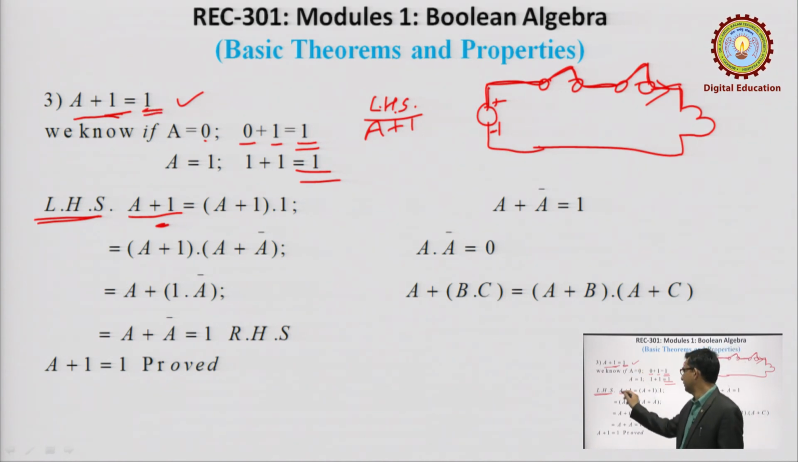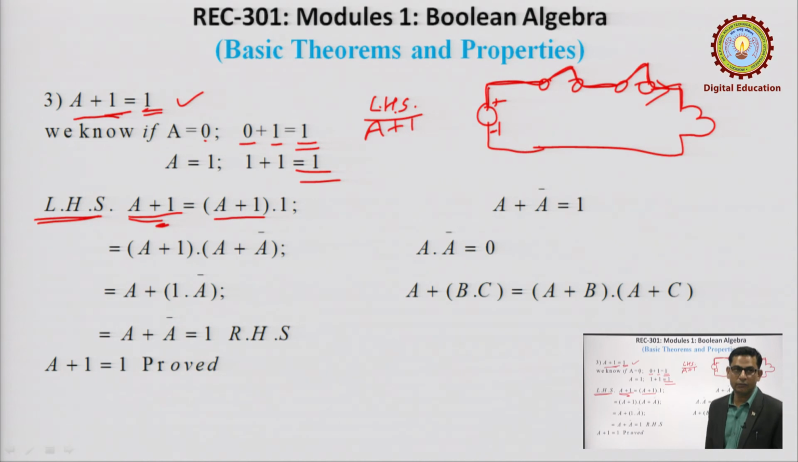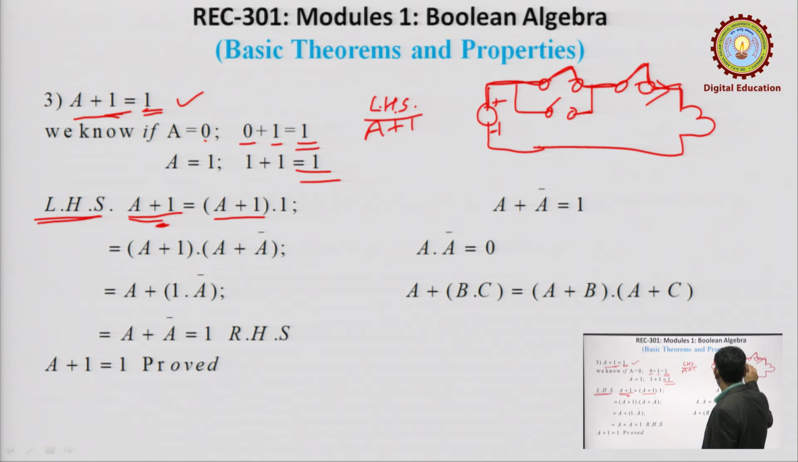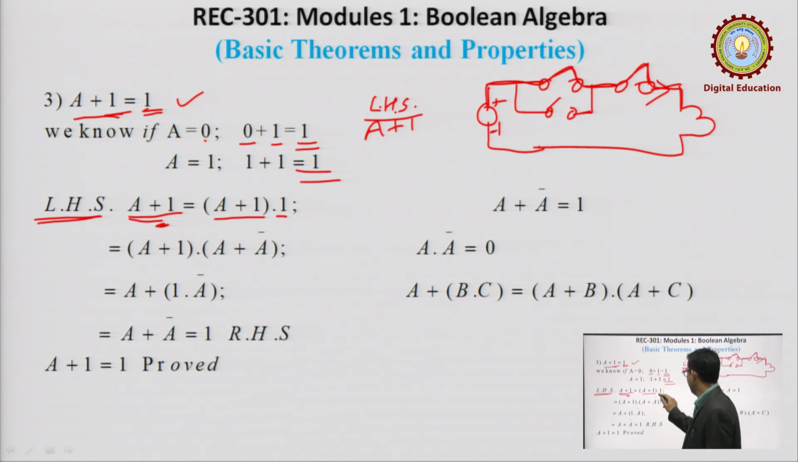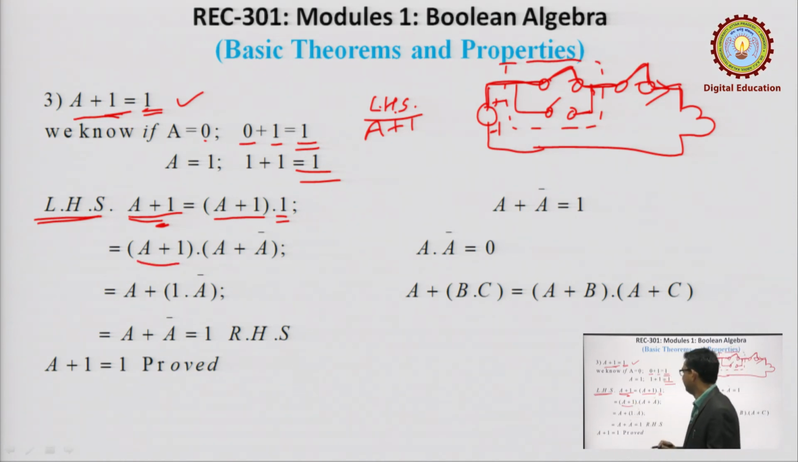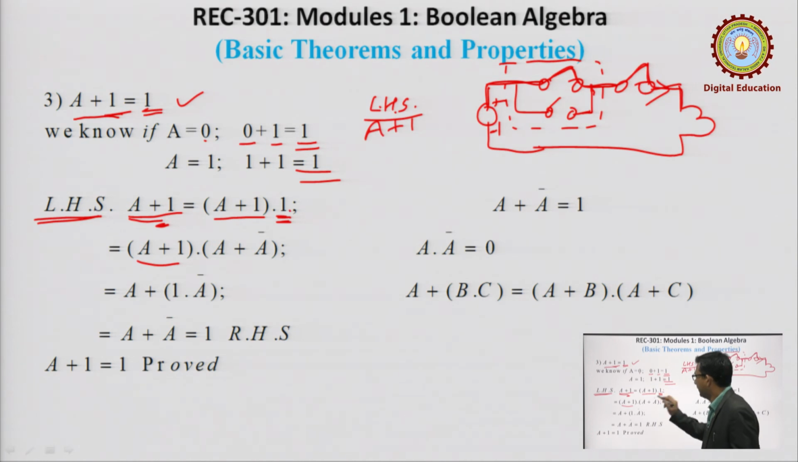So, let us take the left hand side, A plus 1. We can write down A plus 1 dot 1. It means one another switch is connected. There are two switches which are connected in parallel, and one another switch is connected which remains in the high state, but this switch is in series with these two switches. Okay. So, A plus 1 dot this one, okay, and this one can be written as